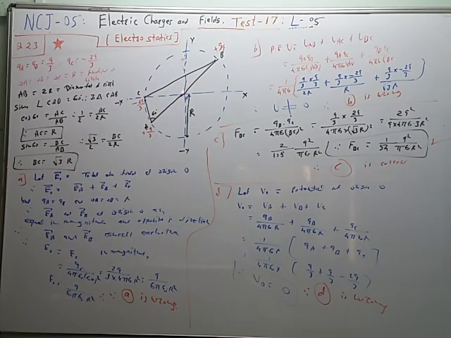So the electric field at origin O is equal to the electric field due to A, due to B, due to C, but the charges at A and B are equal and of the same sign, plus and plus. Therefore the electric intensity due to the charge at A is in this direction along OB, and this is along OA. So these two electric fields are equal in magnitude, opposite in direction, and they cancel each other. Therefore the total electric field at center O is due to EC only, and EC is given by the formula Q, charge at point C, upon 4 pi epsilon naught distance squared.